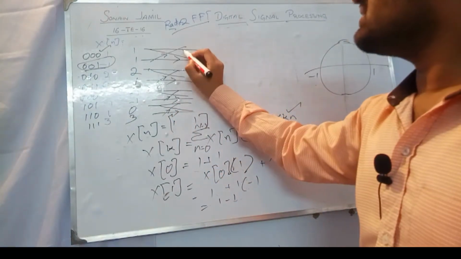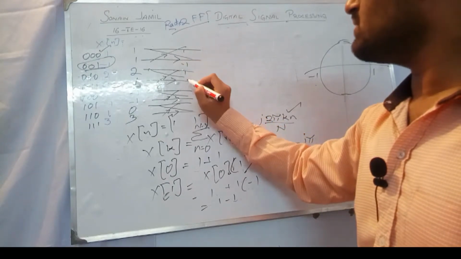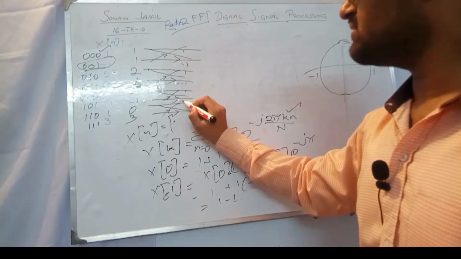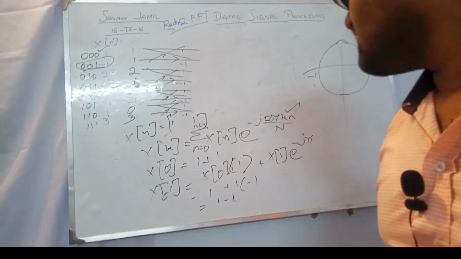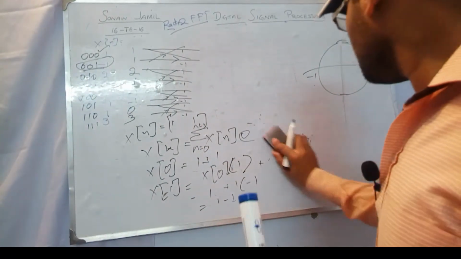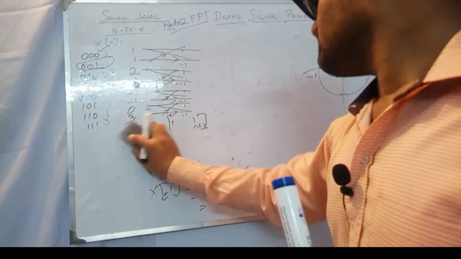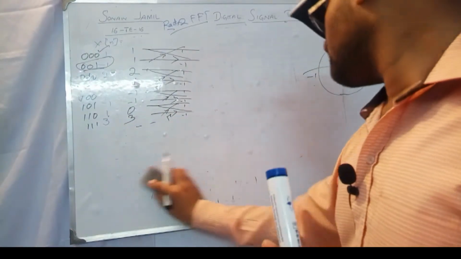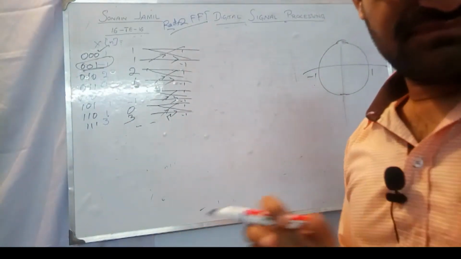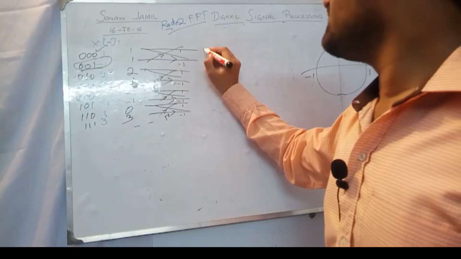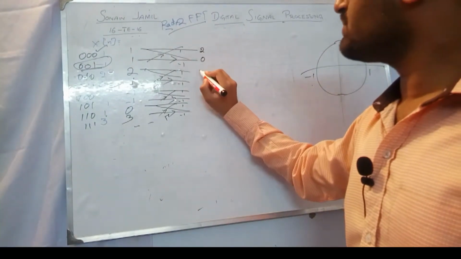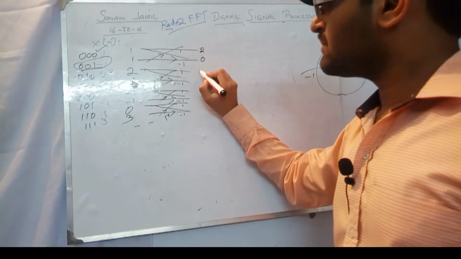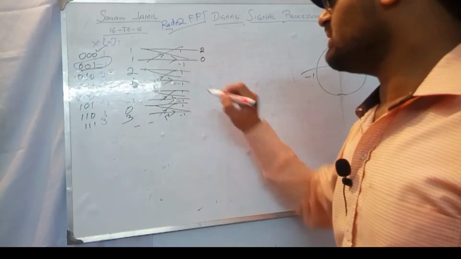We divided this circle into two parts: 1 minus 1, 1 minus 1, 1 minus 1, 1 minus 1. In the first case, first time just add both. If we add, it will come out to be 2, 0, add both,